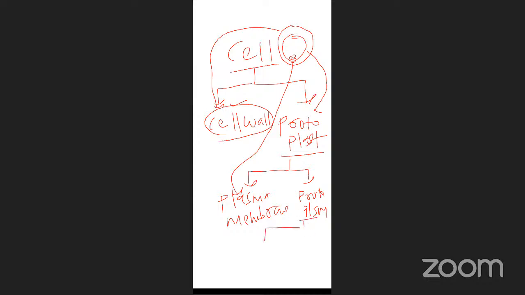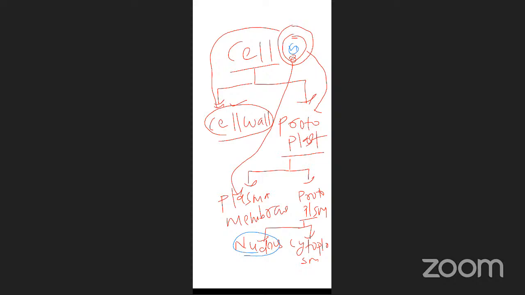Again, protoplasm is classified into nucleus and cytoplasm. Here we can take this blue color, nucleus, right? Nucleus completed. Now what is the rest of the portion? That means the area around the nucleus is occupied by the cytoplasm.